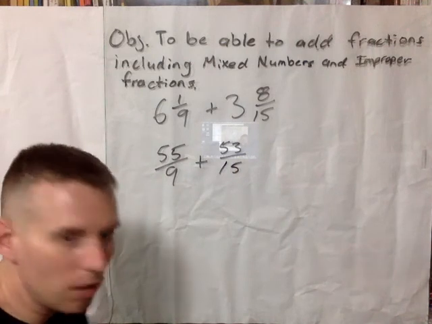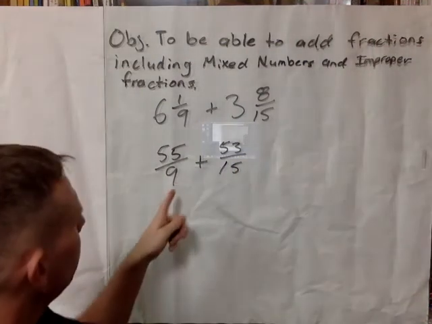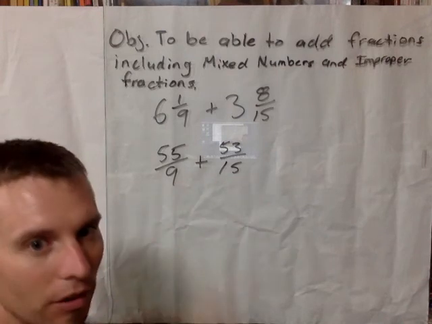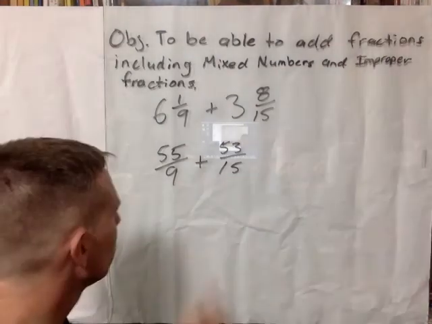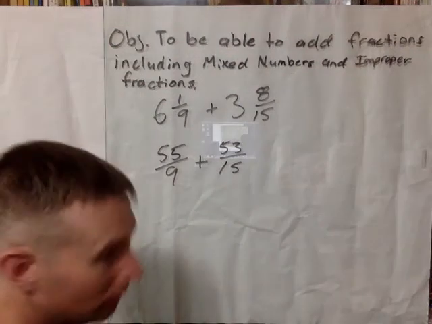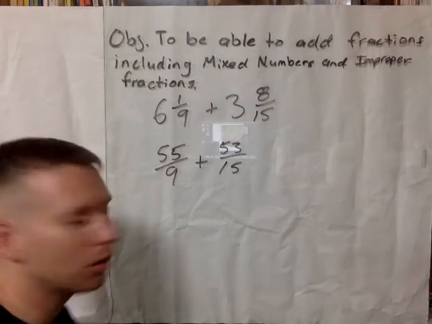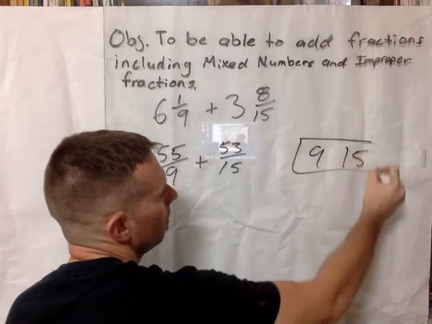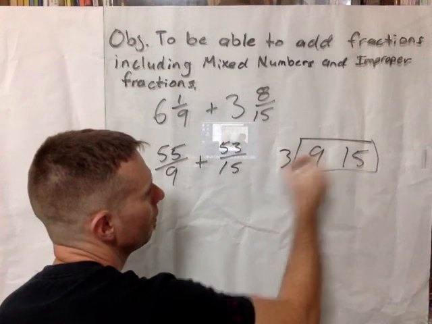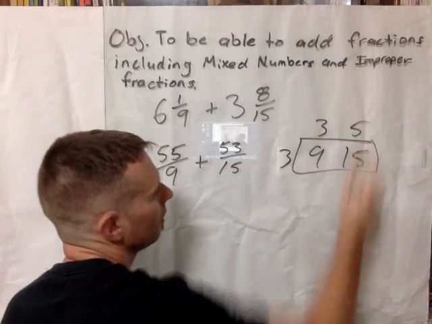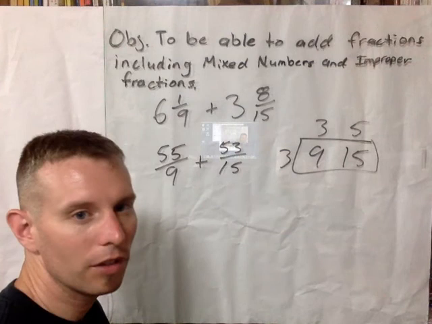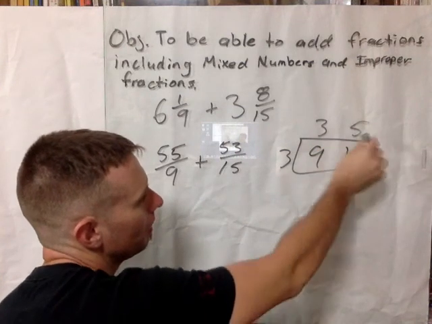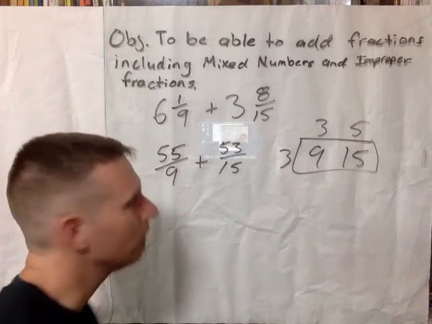Now, what we need to do next is make these two denominators the same by finding the least common multiple. So the least common multiple of 9 and 15, I believe, is 45. You could check that over here if you want to do the cake method. Let's see, you can factor out a 3. You're left with 3 and 5. So we know to find the least common multiple, we multiply the outside. 3 times 3 is 9. 9 times 5 is 45. The LCM